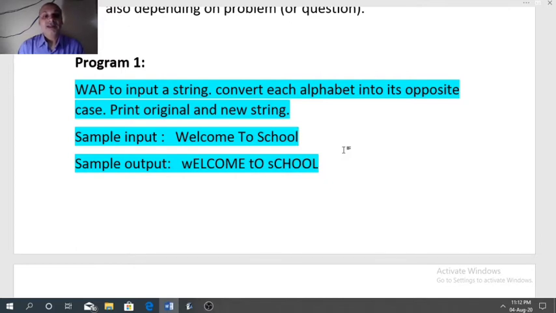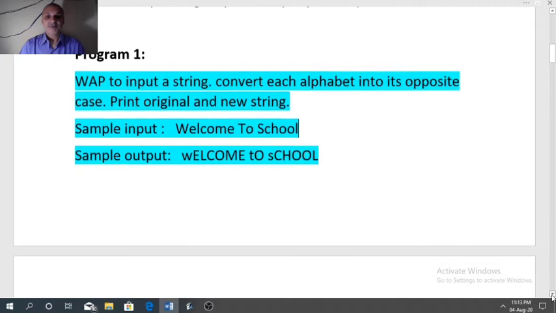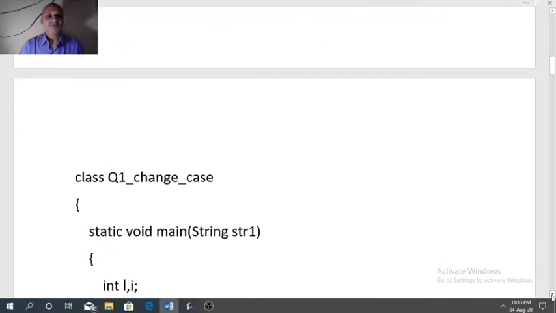If the character extracted is an uppercase letter, then we have to convert it into lowercase, and a lowercase letter should be converted to uppercase. And if it is neither lowercase nor uppercase, it means a digit or special character, so that we will add as it is. Now see the program code, how it is designed.